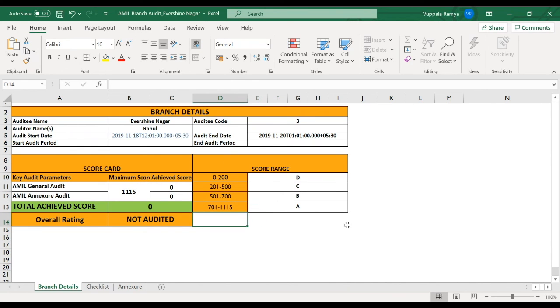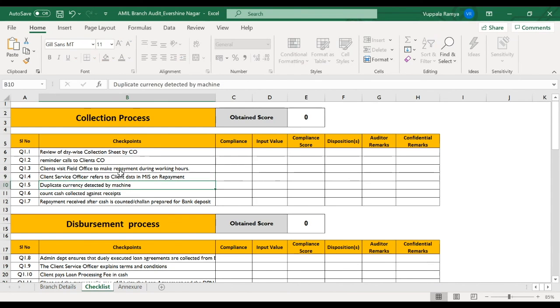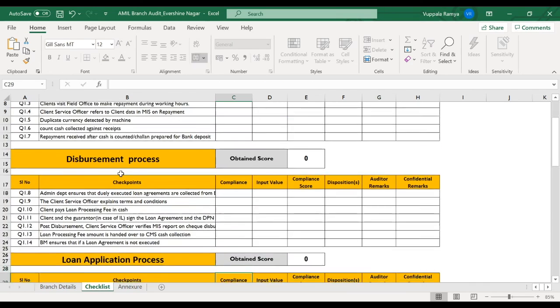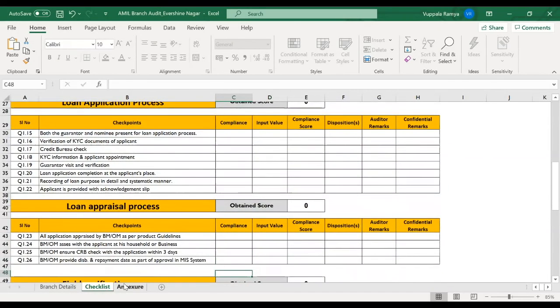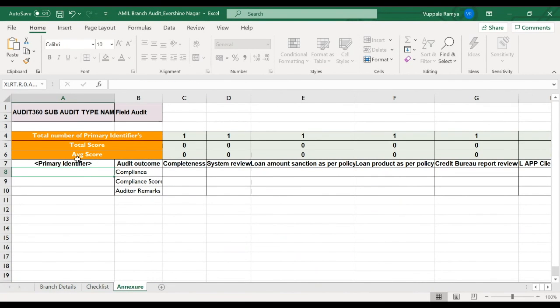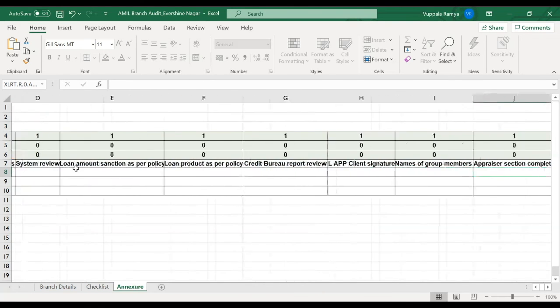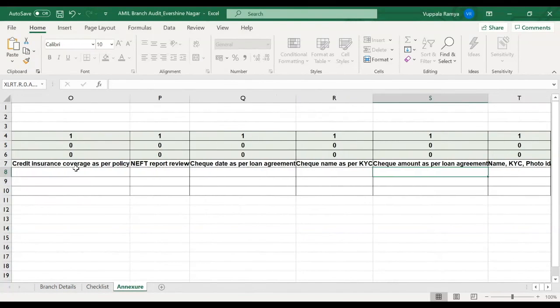This can be configured to whatever requirement we get. Then next, at the checkpoint level, at an individual process level, we can show the compliance and score as per the execution done. And when there is an annexure for samples that we have verified, all that information, the compliance and their remarks, can be shown in this report.